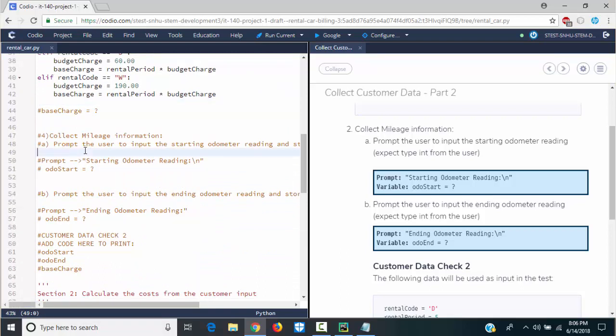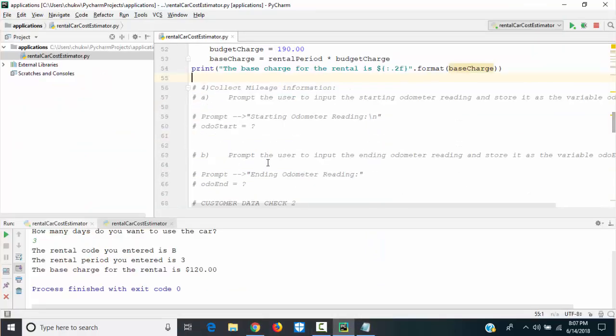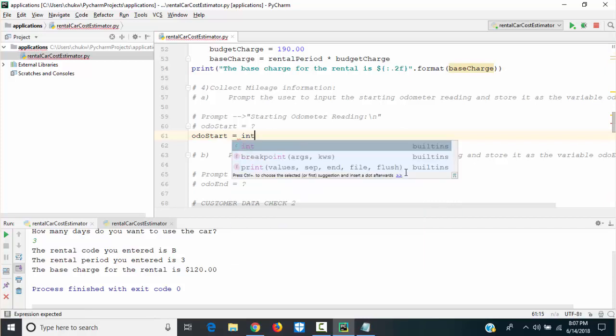The next thing is to collect mileage information, starting odometer reading, put it in a new line, and then ending odometer reading, putting in a new line. So I'm just gonna do it here, odo start and odo end. So we have odo start, which should be an integer. Your odometer reading is an integer.